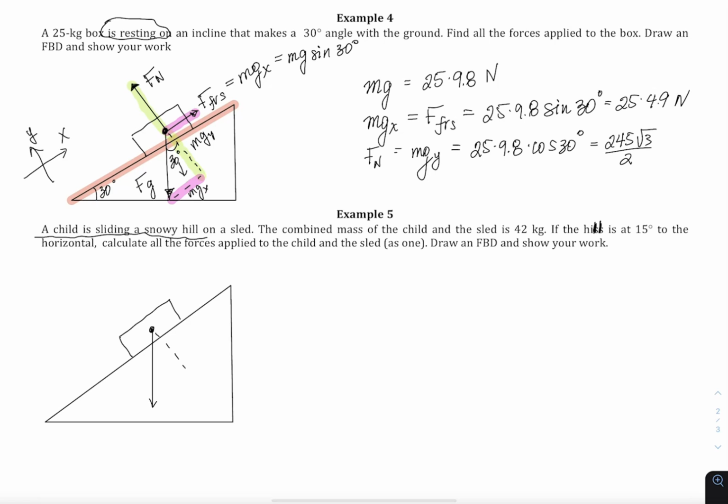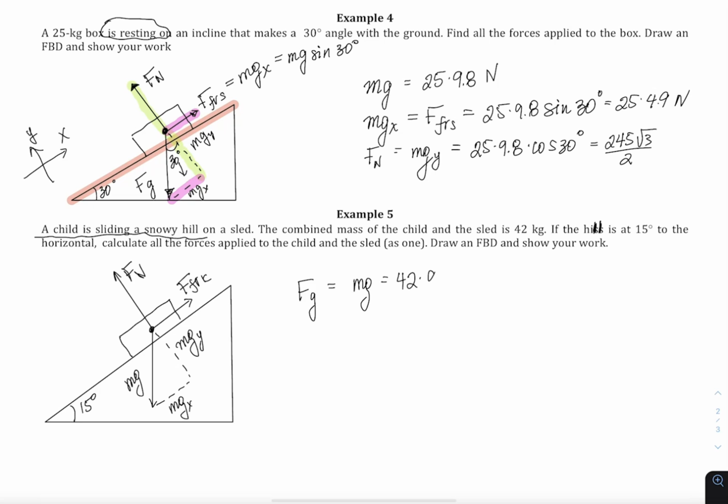And there we go again. This right here is 15 degrees, which I drew over 15, but mg, or force of gravity, mgx dotted, mgy dotted, normal force to counteract mgy, and force of friction equal to mgx. In this case it's kinetic because our child on the slide is sliding down. So to find gravity itself, the real gravity, mg,